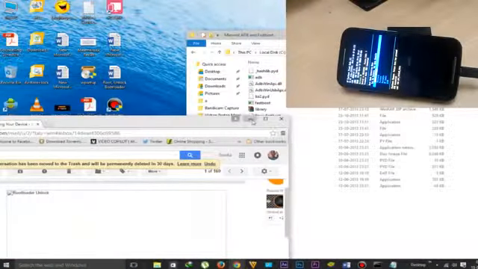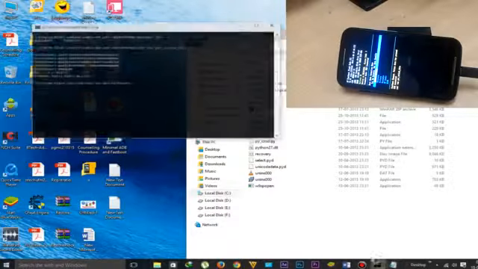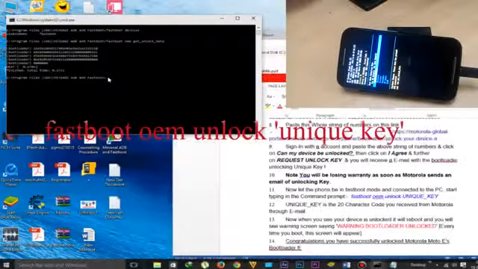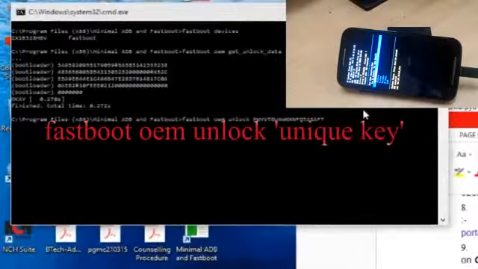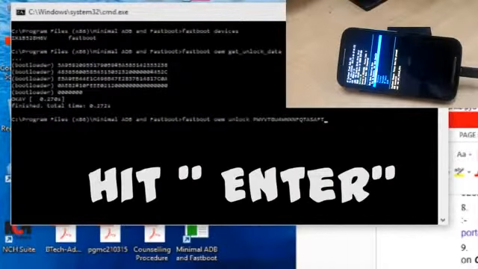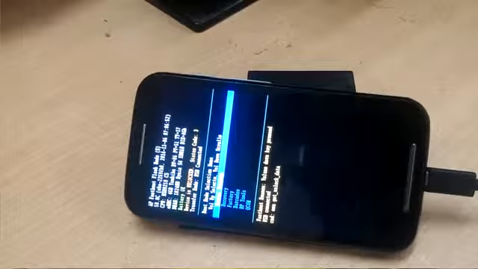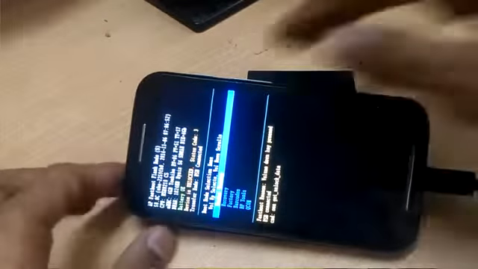Now open the command prompt. I have minimized it. Now type fastboot oem unlock and then your unique key. Also put the spaces in between, as I'm showing on the screen, and hit enter. Now you can see that I have unlocked the bootloader of the Motorola Moto E. So now I am not